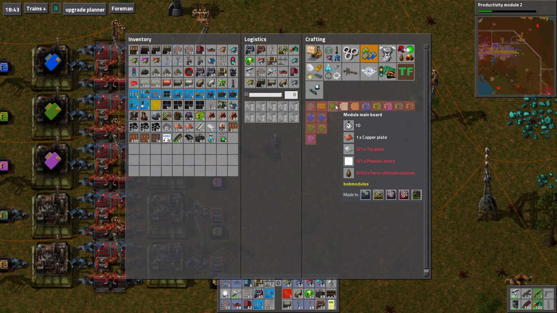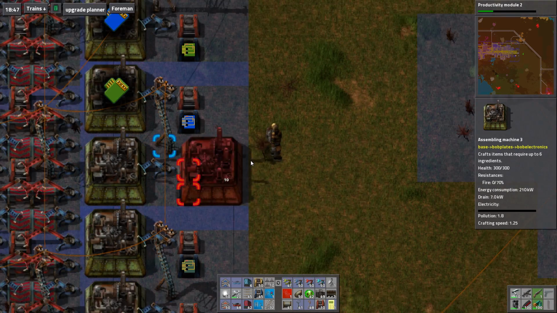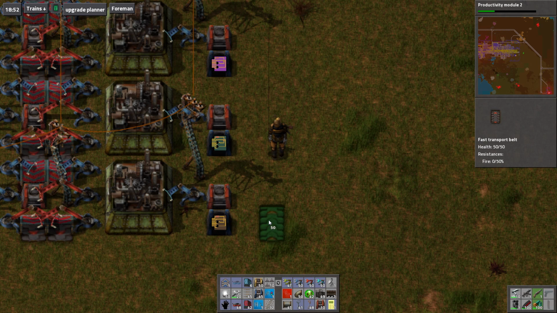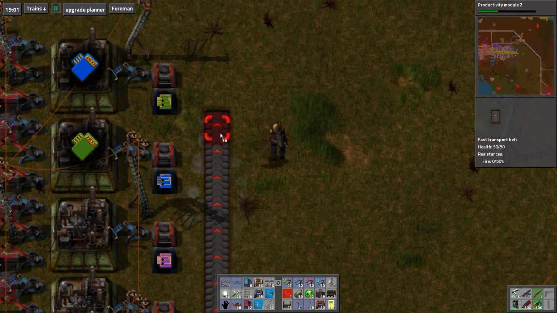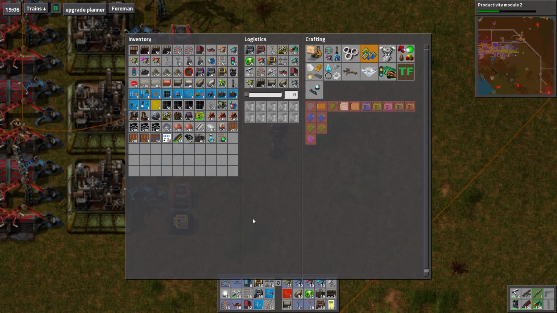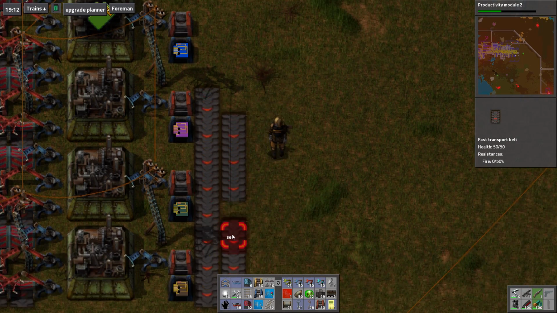Module mainboards are much more complex, require ferric chloride. So yeah, they're going to go... All right, so we're going to go right here. Here's our output line for... It is so tempting to just have it go in right there, but that would make this whole system a little more complex than I'd like. Actually, maybe we won't. Maybe we will do it this way. You know what? We will do it this way because...